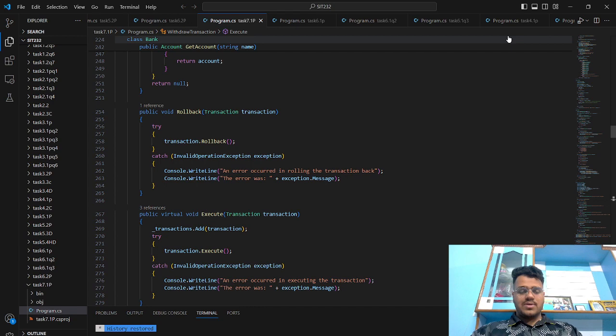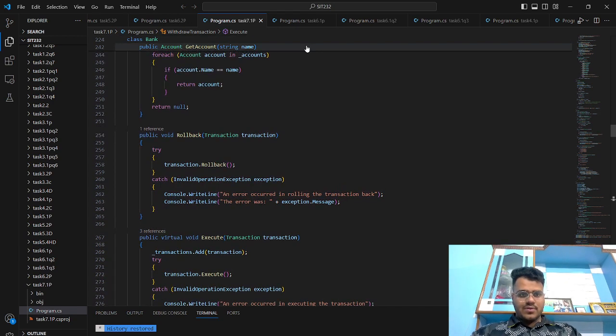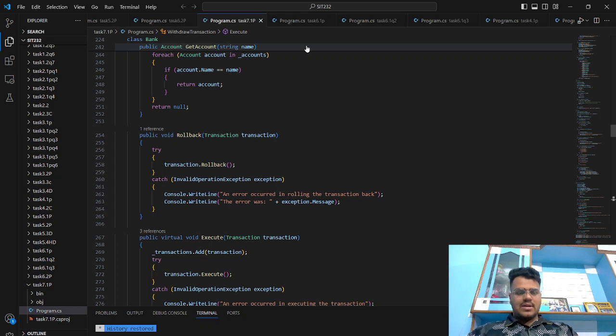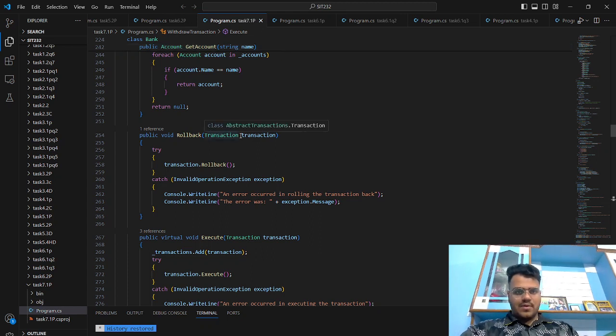Today, my task is to explain 7.1P. My first question is, what is the role of inheritance and polymorphism in this code? The Transaction class serves as the base class for all the transaction types: WithdrawTransaction,